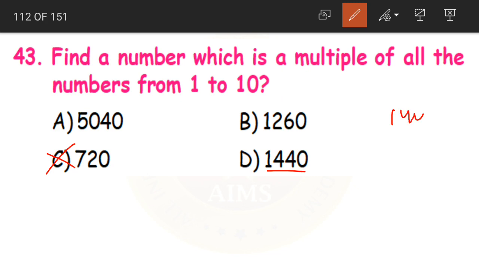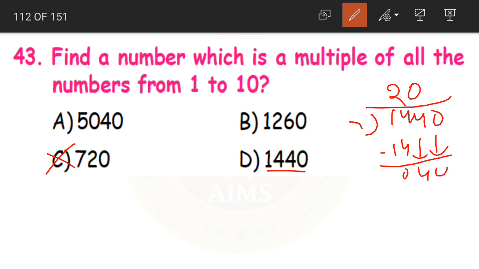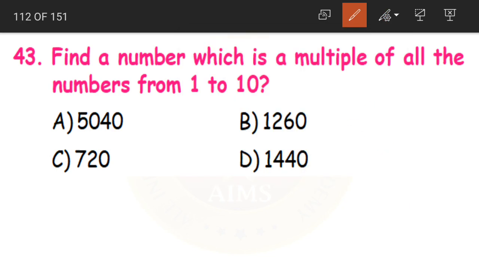Coming to 1440. We have 7 to the 14. When we subtract 4 brought down, again I am writing 10 and brought the other digit down as well. We have 7 5 are 35 and the remainder is 0. So again 1440 is not divisible by 7, children. So from the given list of numbers A, B, C and D, we can cross out C and D as they are not divisible by 7.